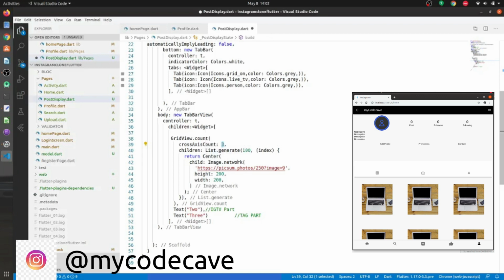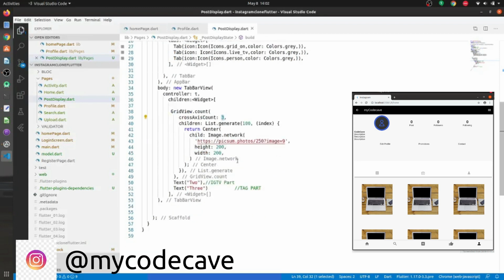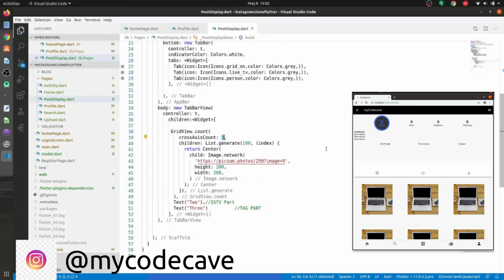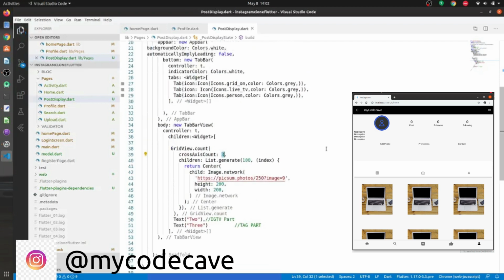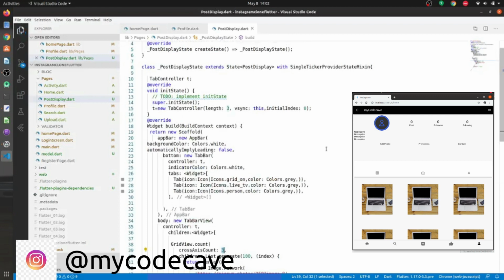In future this will be a future builder, and it will extract images from our database. This is just a demo image, and I have just set a width and height for this post. It will just show up like this, and I have not added anything fancy in it.